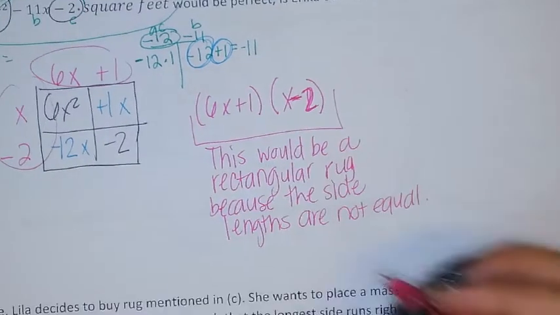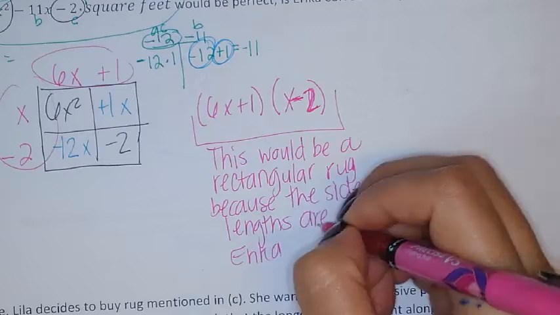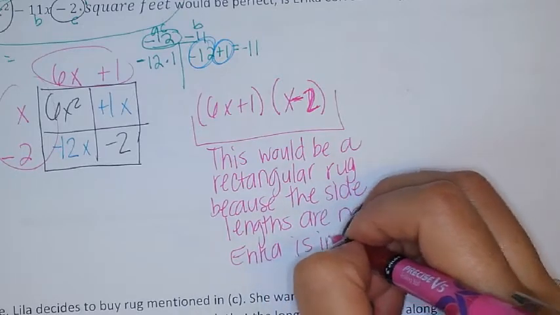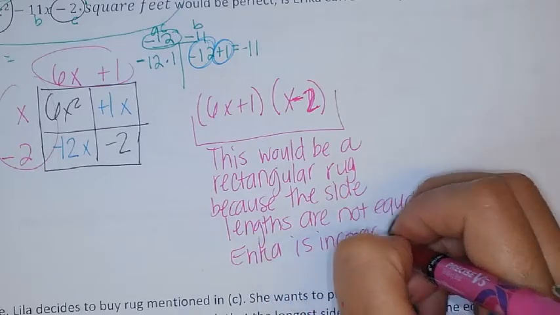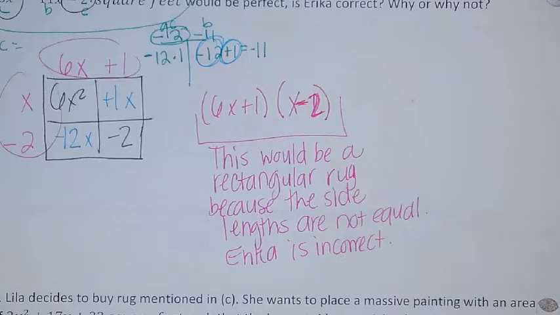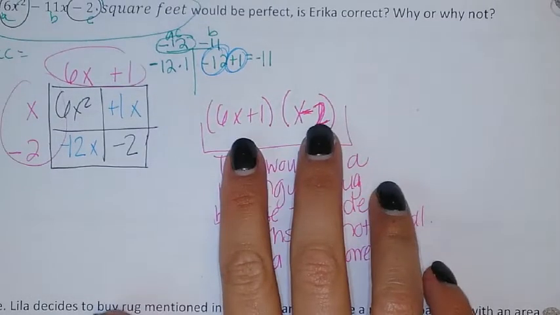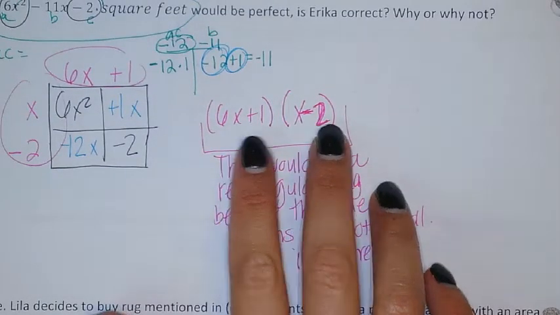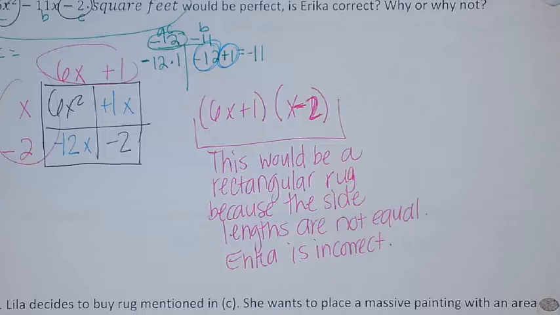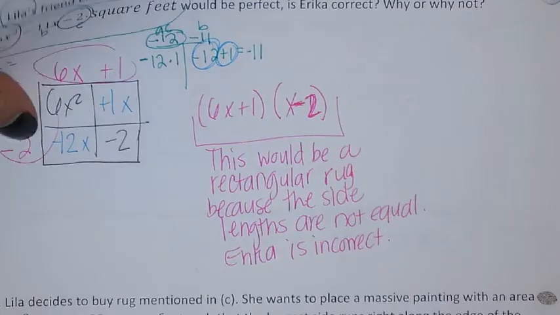Okay? Erica is incorrect. Lila wanted a square rug. The one that Erica suggests is definitely a rectangle, so this would not work out for her. Okay? Alright, for the next one,